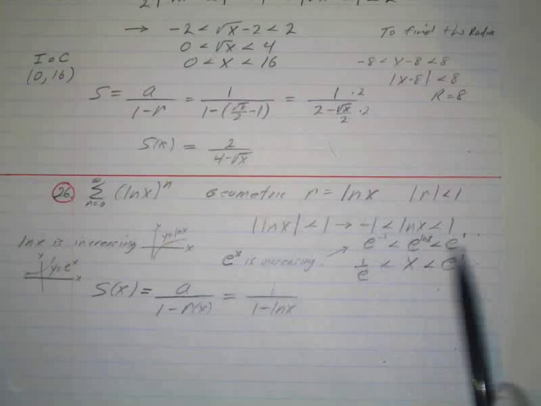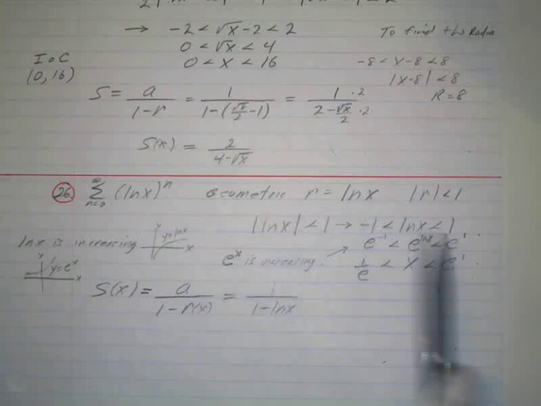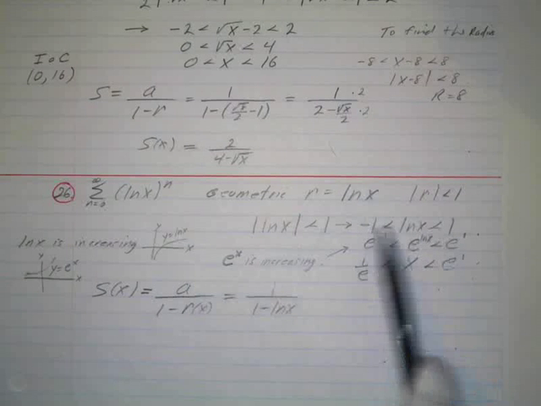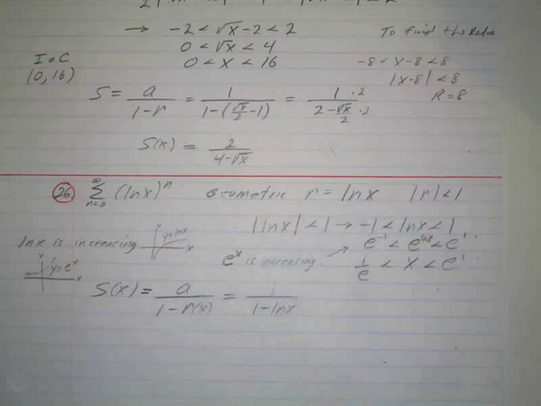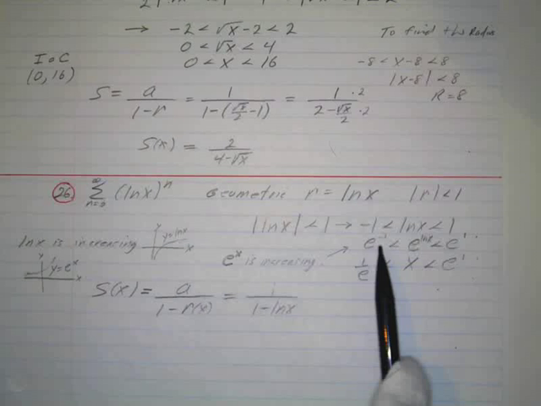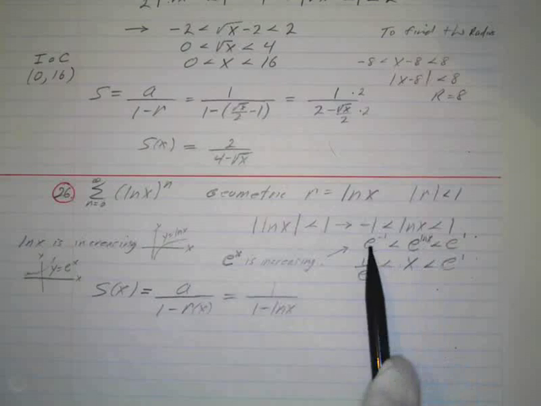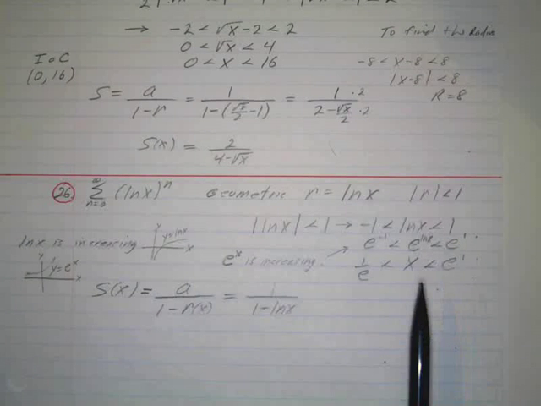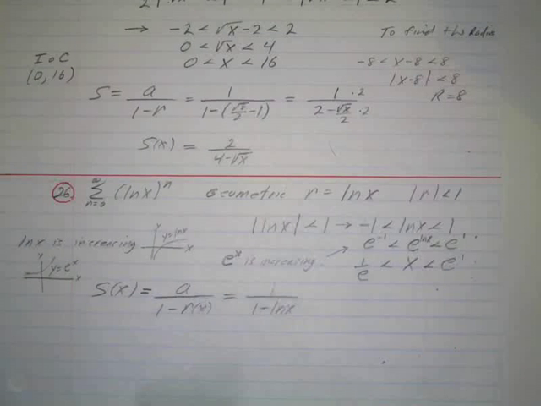So since e is increasing, and since the order of these numbers is negative 1, natural log of x, and 1, we know the order will be maintained with the e's. Hope that makes sense. And then this is just 1 over e, this is just e, and then this is just x. So now you have your